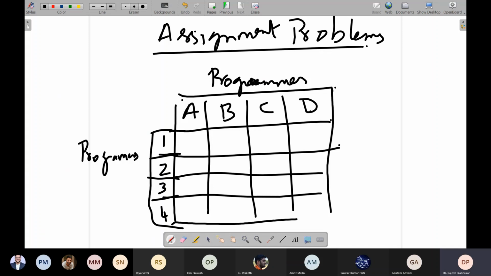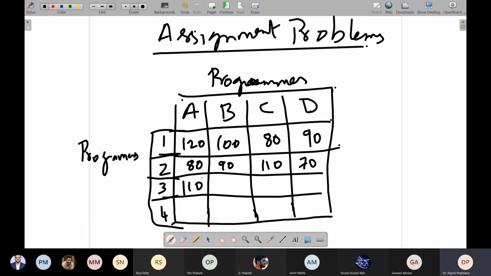We need to assign the programs based on the minutes they require. Programmer 1 requires 120 minutes for program A, 100 for program B, 80 for program C, and 90 for program D. Programmer 2 requires 80, 90, 110, and 70.